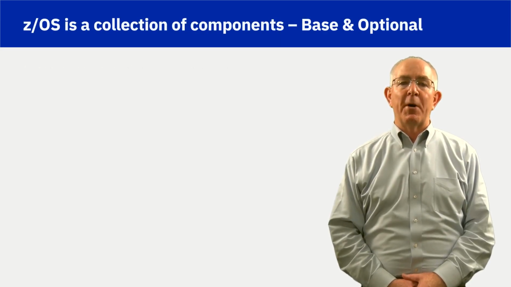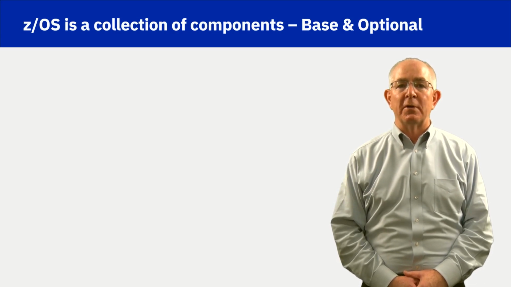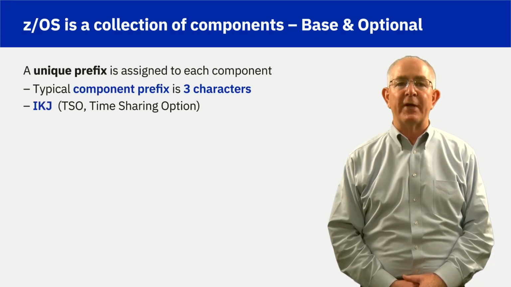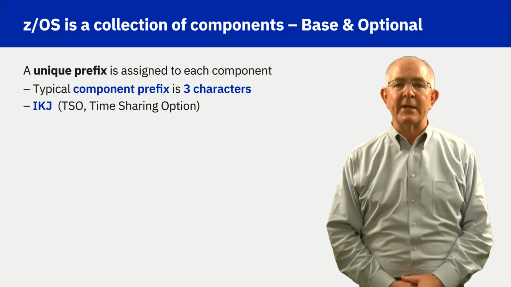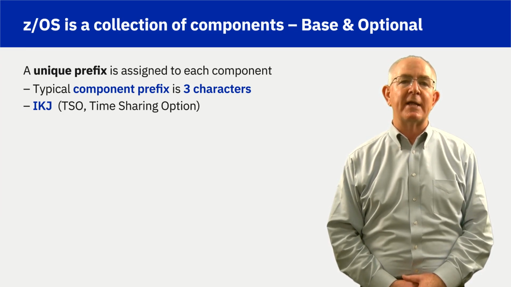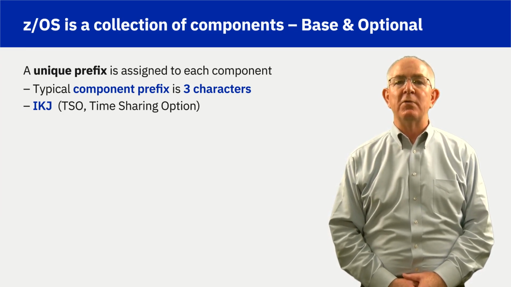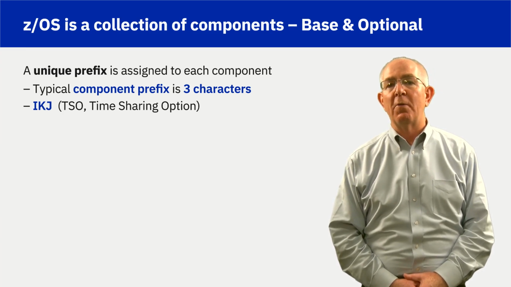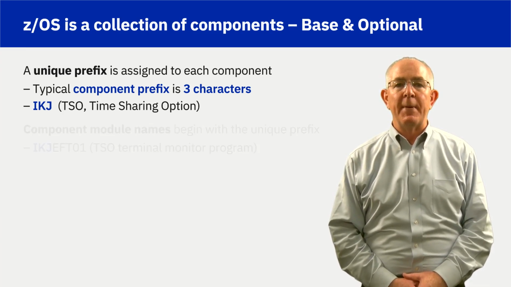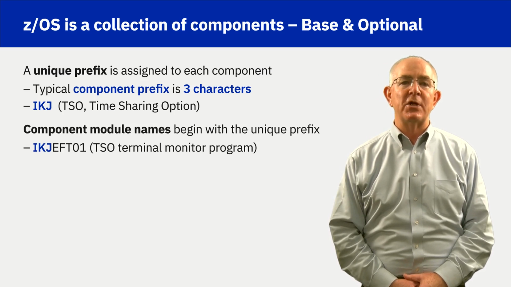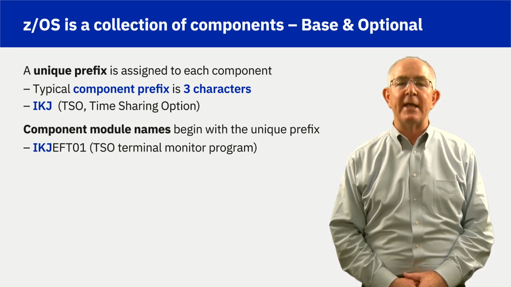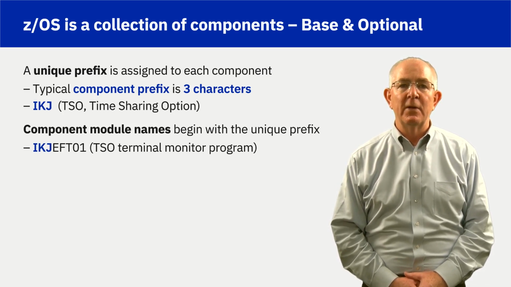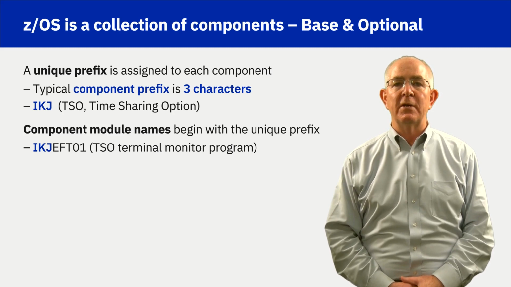These collections of components, both base and optional, are assigned a unique prefix. A uniquely assigned component prefix is typically 3 characters. An example component prefix is IKJ, which is the unique prefix for the TSO base component. Base component modules with the IKJ prefix belong to TSO, such as IKJEFT01, which is the program executed to start